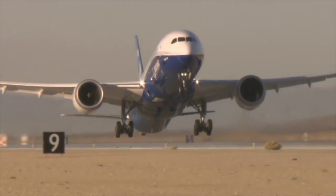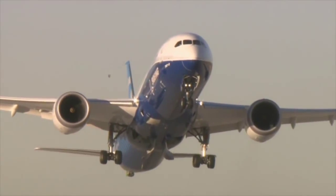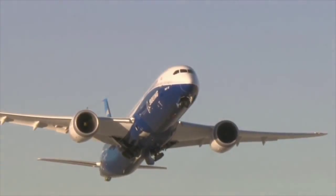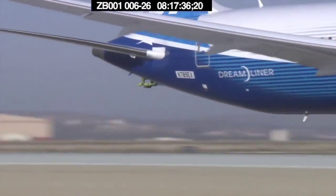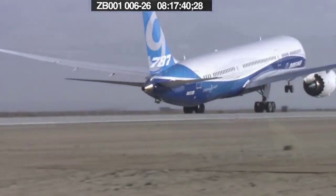In this testing, air crews intentionally force the airplane to take off with significantly reduced engine thrust. And we do the testing to simulate a takeoff where an engine were to fail, and then we provide the speeds for the line pilots so that they can safely either continue the takeoff or reject the takeoff. We consider it very remote. It could happen, and we design the airplane to handle it. So if you ever lose one engine, pilots are trained completely to continue the flight with one engine, come back